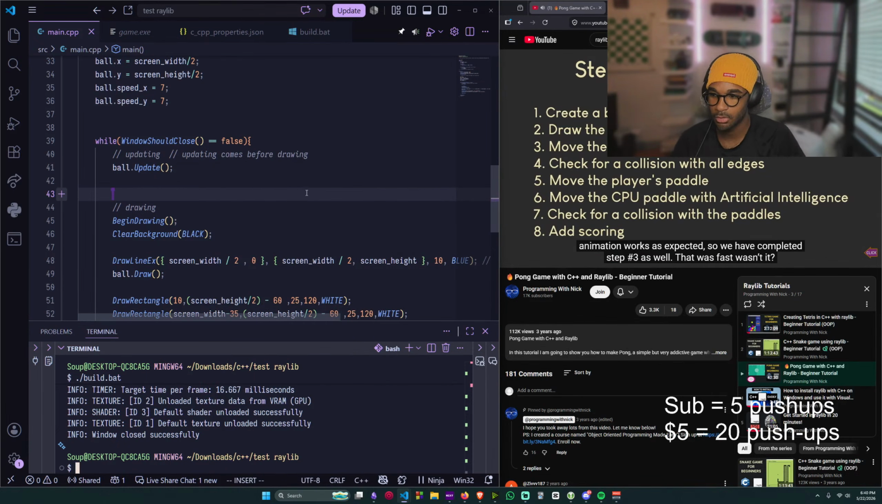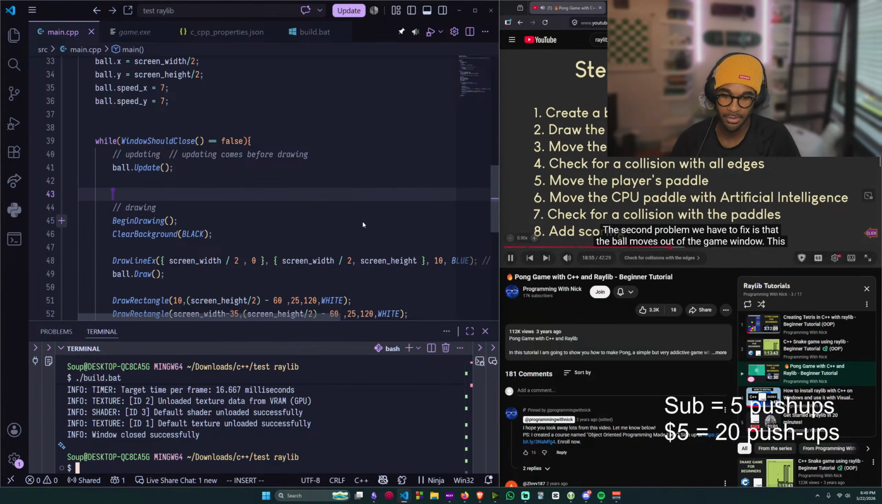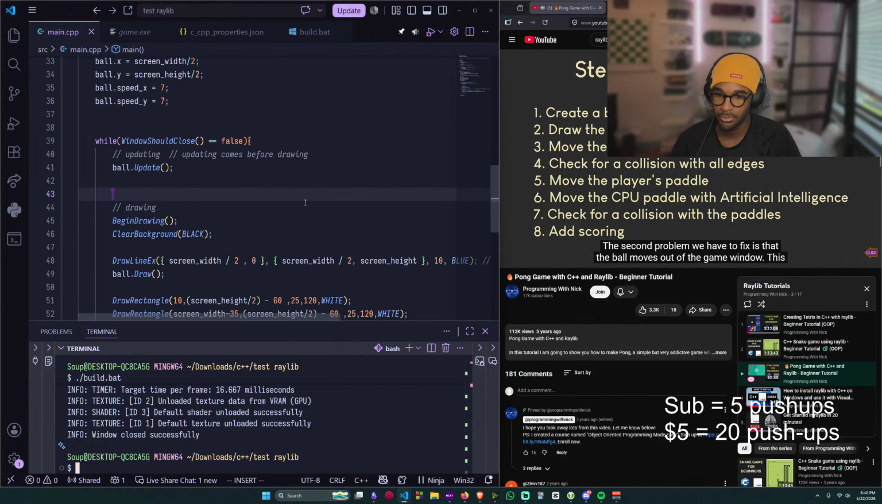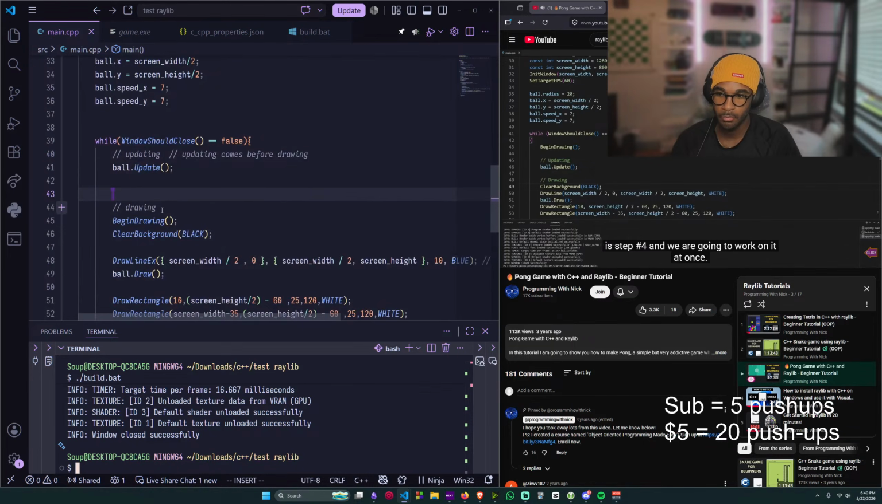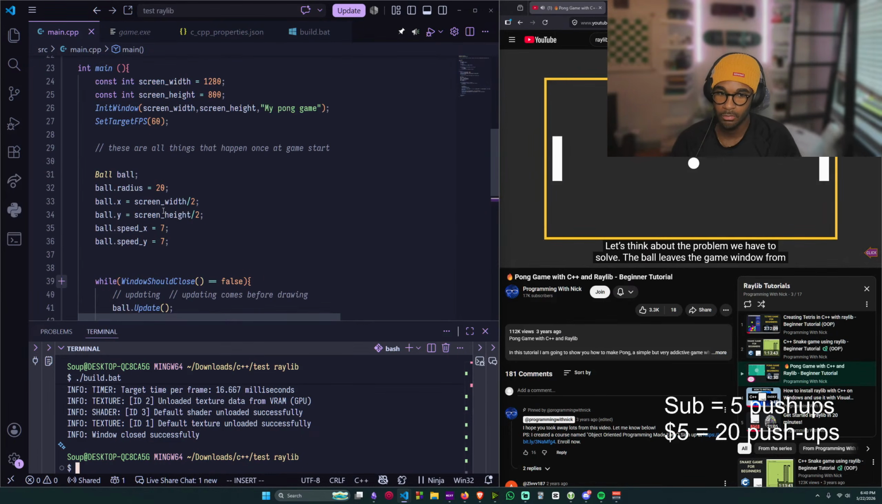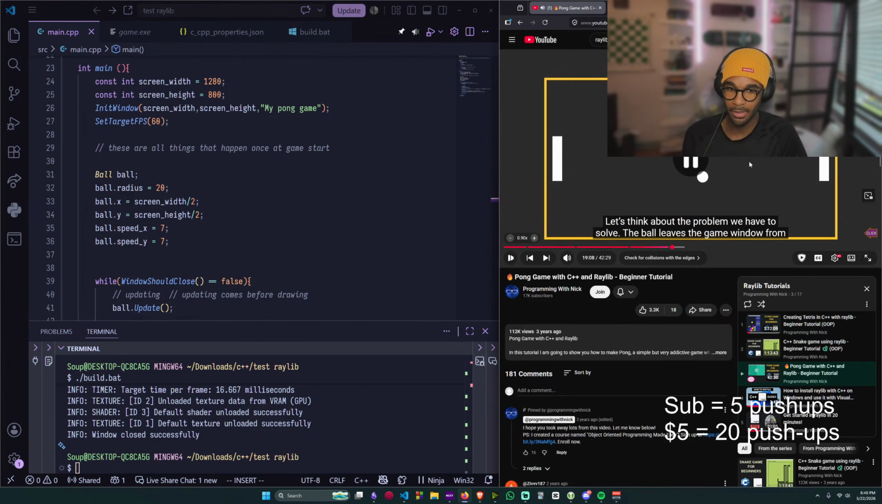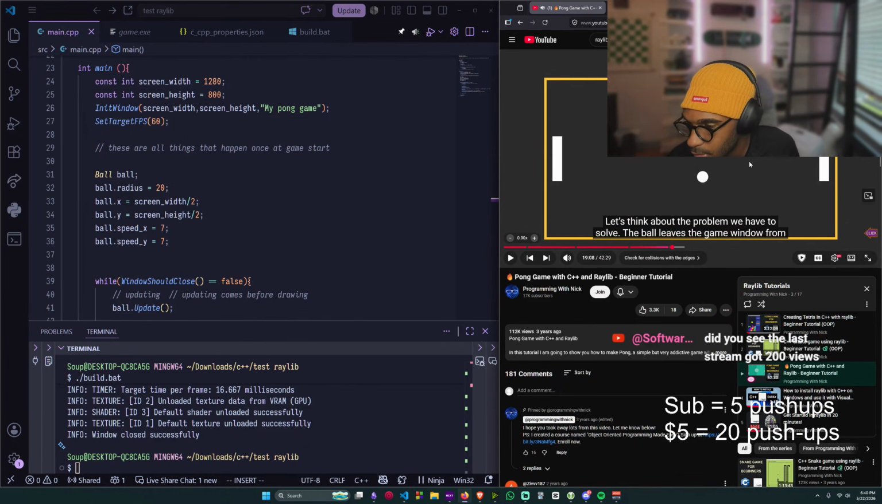That was fast, wasn't it? That was actually pretty fast. The second problem we have to fix is that the ball moves out of the game window. This is step number 4, and we are going to work on it at once. Let's think about the problem we have to solve. If the ball leaves the game window, if the X and Y position,